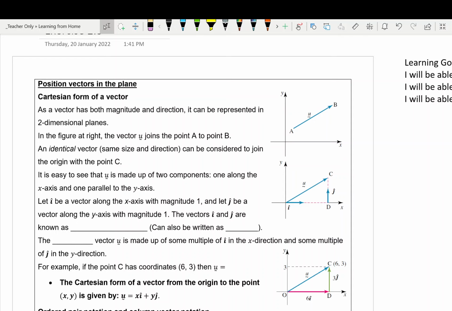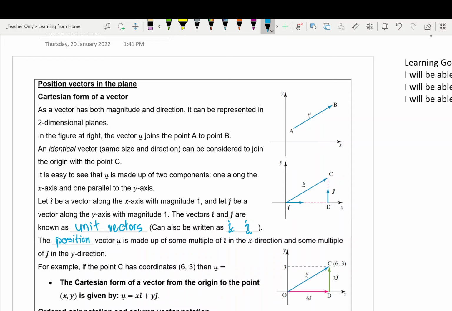It's easy to see in this second image that u is made up of two components, one along the x-axis and one parallel to the y-axis. Let i be a vector along the x-axis with magnitude of 1, and let j be a vector along the y-axis with magnitude of 1. These vectors are known as the unit vectors. These can also be written as just i and j with the squiggly line, the tilde, underneath it. The position vector u